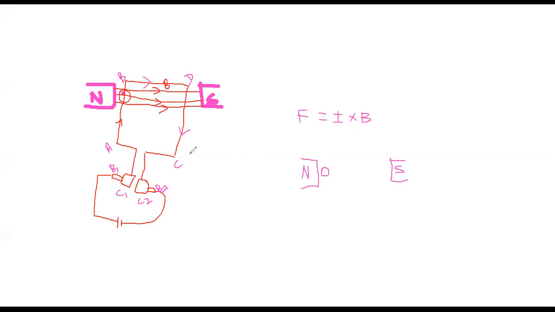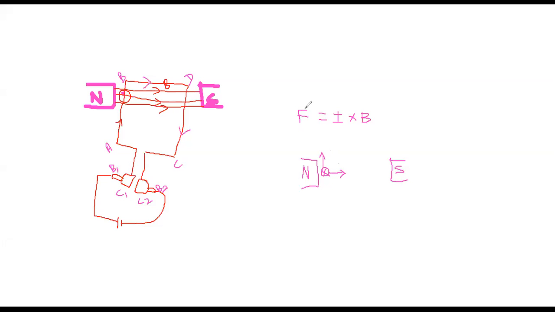So now I am having the current direction which is going inward. In yesterday's class we discussed the inward direction of current is a cross, right? So the current is moving inward, and the magnetic lines of force, the flux density, that direction is moving from north pole to south pole, right?